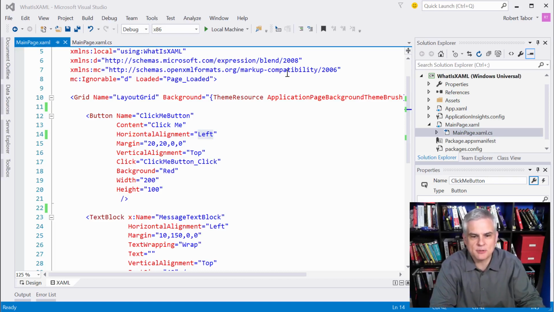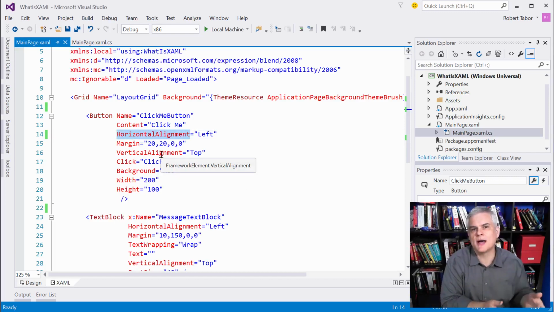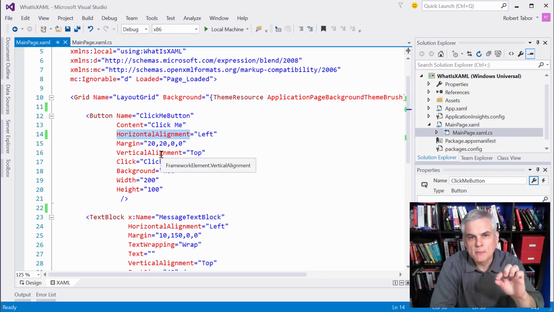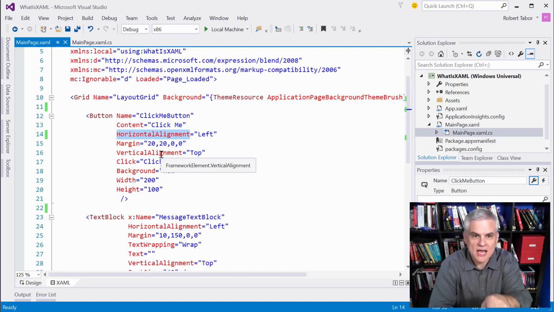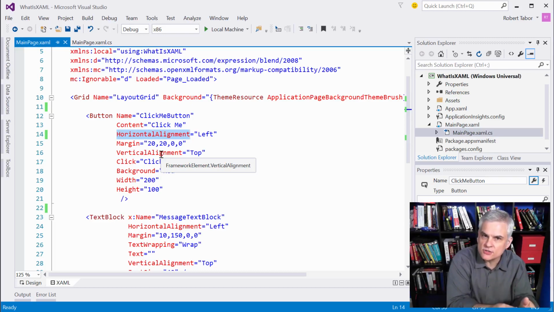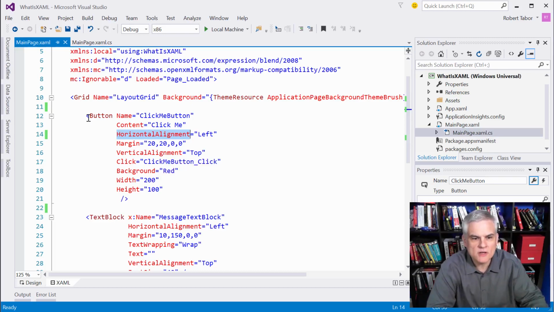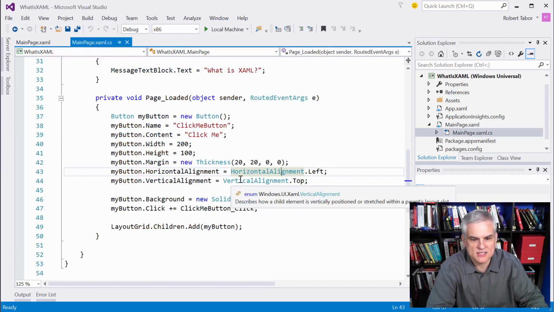So in this example, the horizontal alignment property, when it was developed by Microsoft's developers, was marked with a special attribute in the source code which signals to the XAML parser that looks through our code and makes sure everything is okay and that it would compile to run that string value left through a type converter and try to match the literal string left with one of the enumeration values defined in this